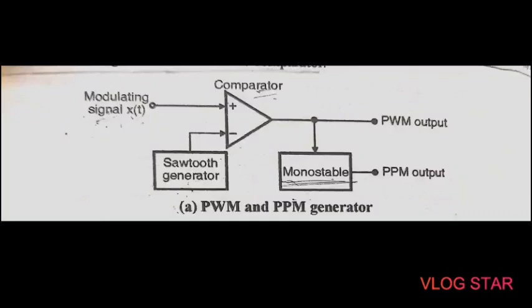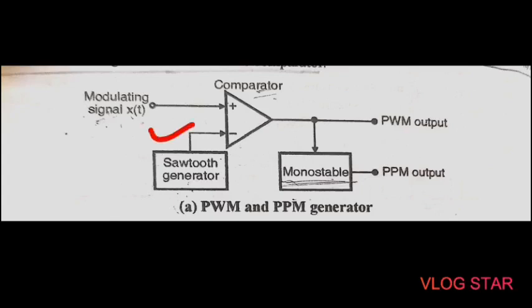Then next point is generation of PWM signal. So the block diagram of PWM signal can be used for the generation of PWM as well as PPM. So here we can use a sawtooth generator which is used to generate the sawtooth signal of frequency Fs. Therefore, the sawtooth signal in this case is a sampling signal and it is applied to the inverting terminal of